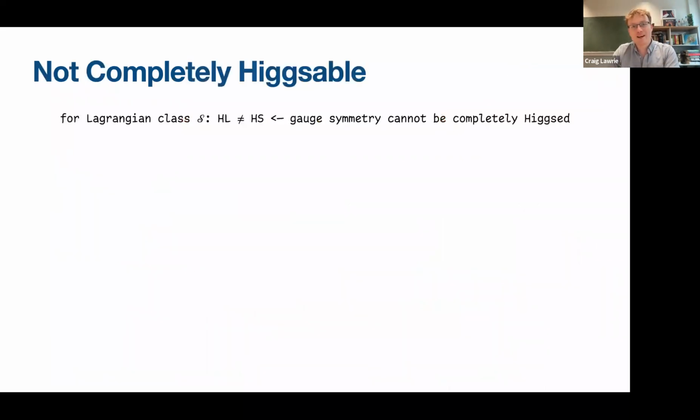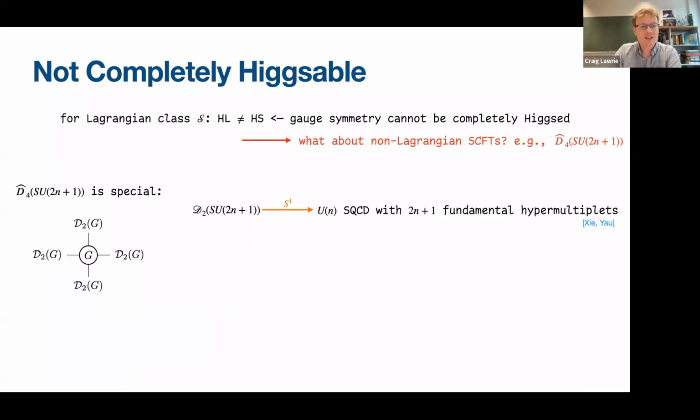But we don't always have a Lagrangian description. So if it's Lagrangian, you can see it's because the gauge symmetry cannot be completely Higgsed. But what happens otherwise? Maybe we care about these theories that I introduced at the start. So these theories, D4-hat SU(2n+1), these are actually rather special. And they're special for the following reason. They're obtained from gauging together 4 copies of D2G. But